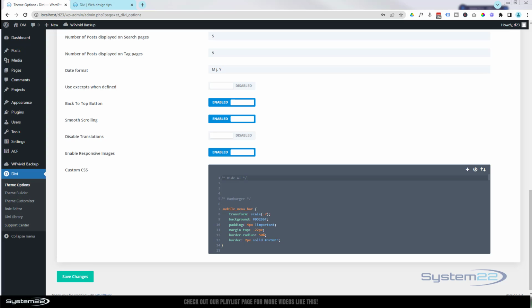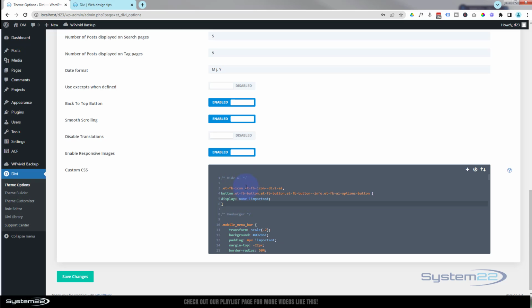Like I say, I got this from Elegant Themes site. I'm going to pop it in there. And what it's doing, it's actually just going to hide the icon. It'll still be there, but it's not going to show it, which makes it a lot easier. Once I've popped that bit of code in there, and I'll put it back down below the video for anybody that wants it, just copy it, drop it in there, hit your save changes,